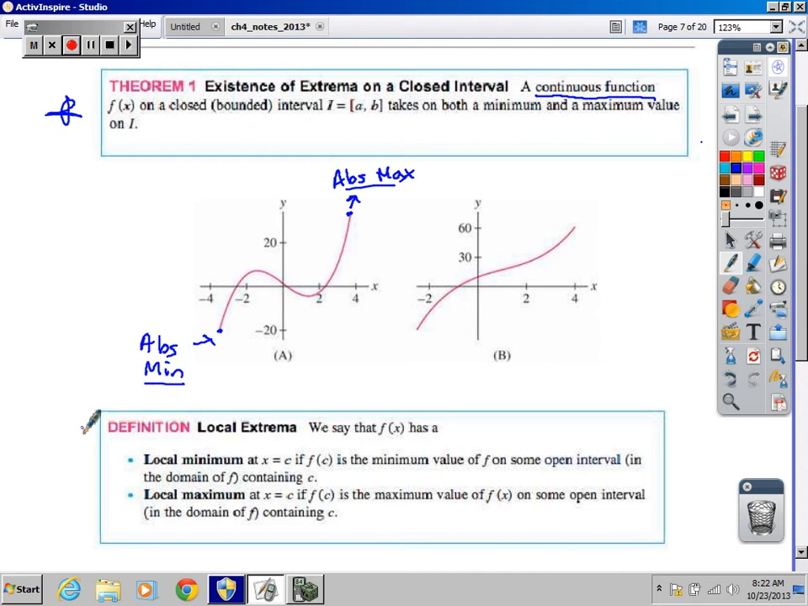The one thing we should make a note of is that absolute max and mins can occur at the endpoints. That's an important piece. So they can occur at the endpoints. If it was a relative max or min, it can't happen at an endpoint. It's just an absolute. And